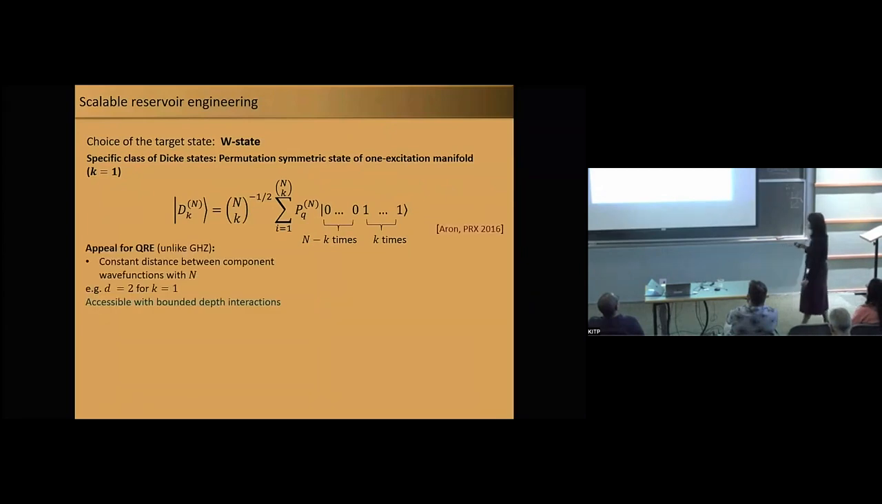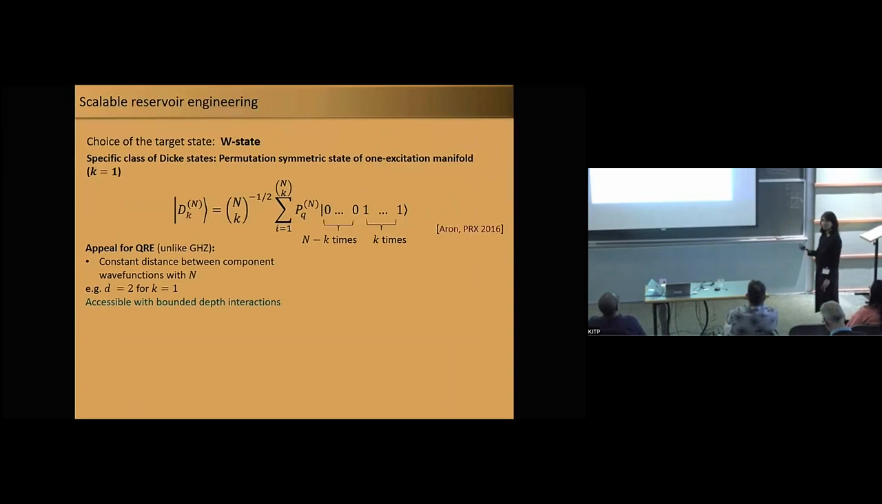There's a lot of appeal for quantum reservoir engineering for these kinds of states. First of all, you can see that the distance between the code words, or the component wave functions which form this state, does not grow with system size. See, if there's 1 excitation, all component wave functions have 1 excitation. It's just which qubit has it that changes. Whereas in the GHZ, as you scale the system size, you also scale the number of excitations because it's 0 tensored n plus 1 tensored n. So in that sense, GHZ already looks like a no-go for actually trying to do this kind of stabilization with